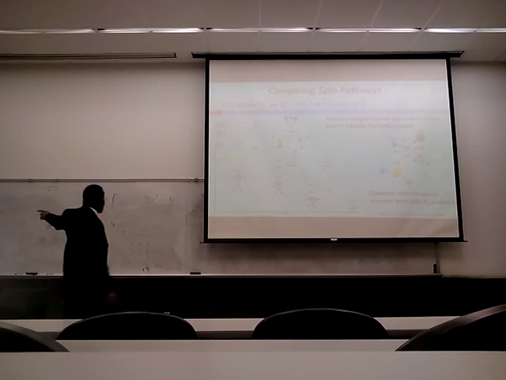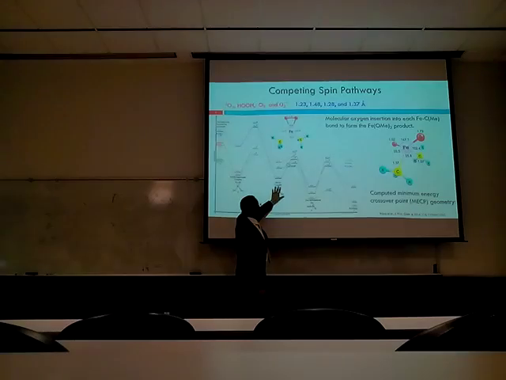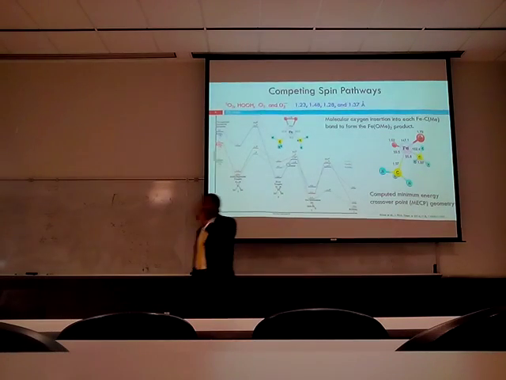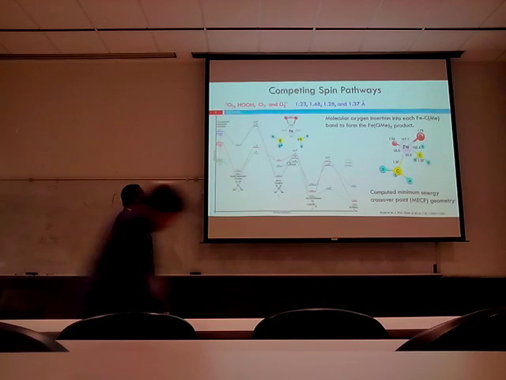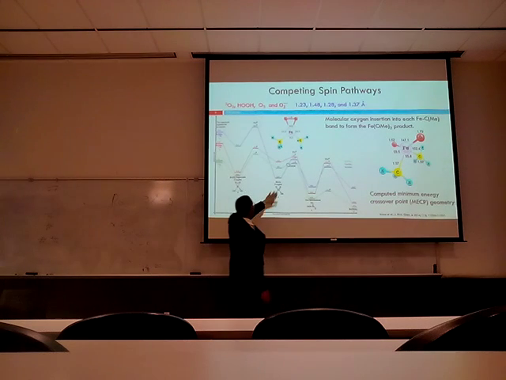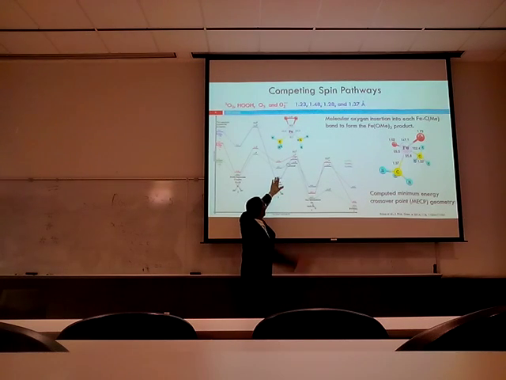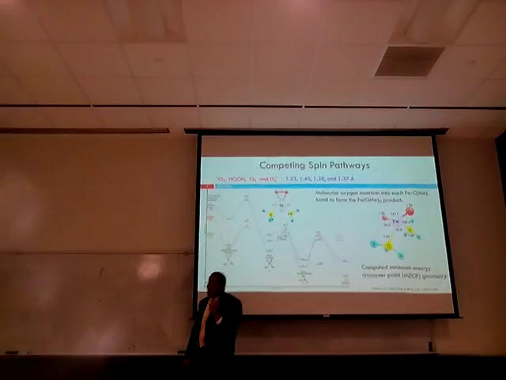Because it looked more like a square planar complex, not a tetrahedral complex. And then from the singlet, before the transition state, it did another spin flip and went back to where we started, which is a twist, right? So we call